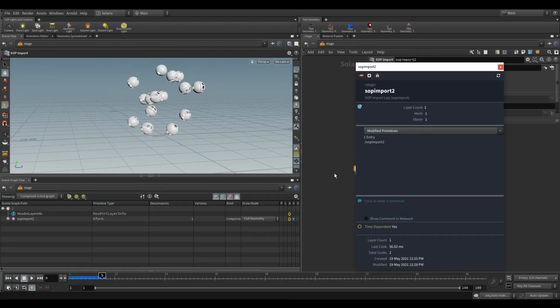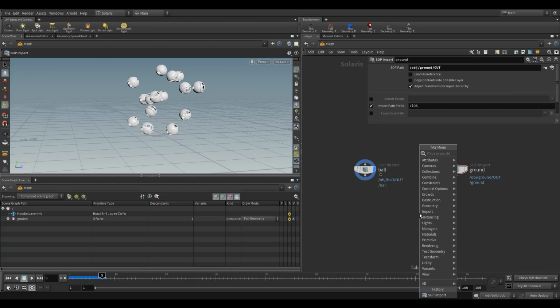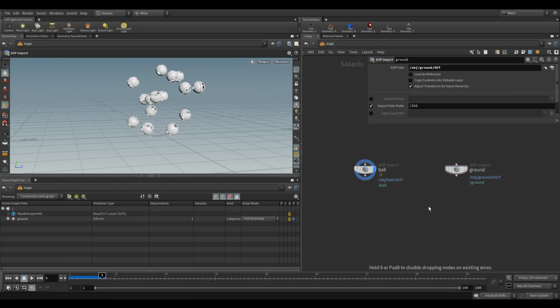However, if we look at the information, we don't have... oh, before we do that, we need to change the name of these. So I'm going to call this ball, and you'll see a change here. We got the ball there, and we got the ground. Okay, and then if we merge them together,